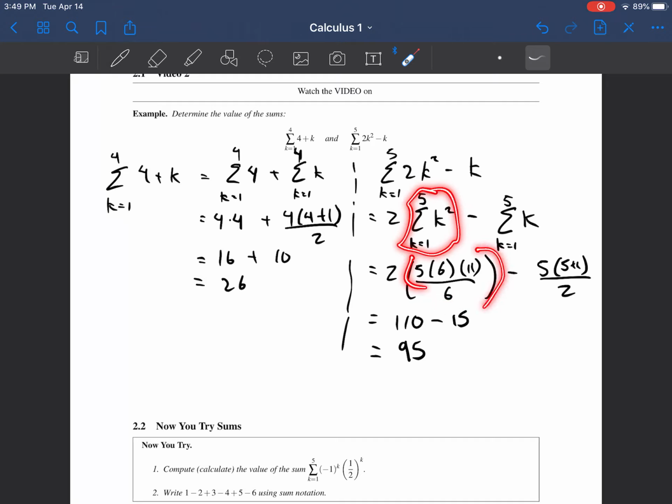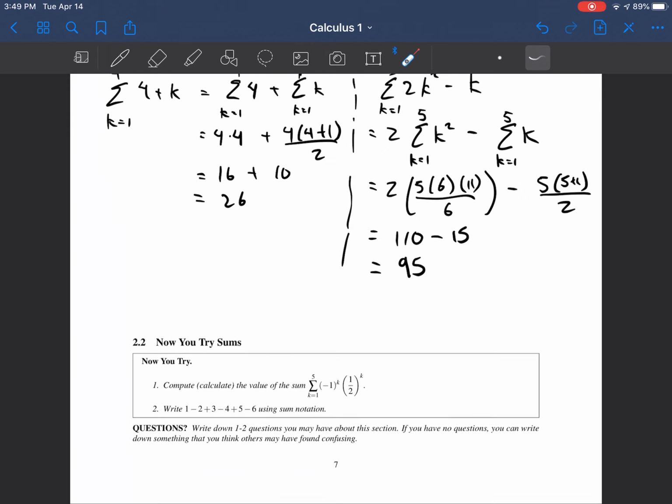This term right here is really this that's in parentheses. And then here we have that same formula from before, which tells us this is 5 times 5 plus 1 over 2. So do the arithmetic on this. This first term turns into 110. This next term turns into 15. They're being subtracted, so I end up with 95. Okay, so try now taking a look at